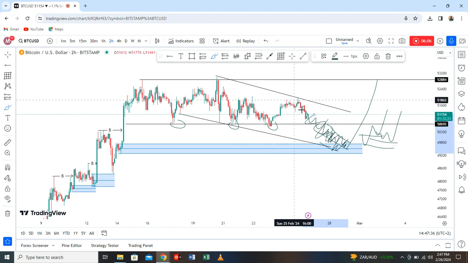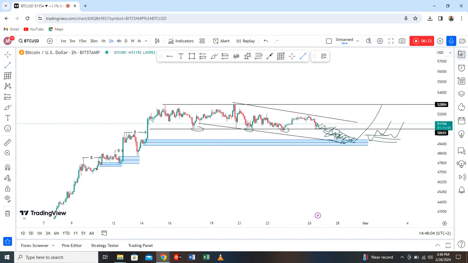But if it comes in a correctional manner, or gives us correctional or reverse patterns around here, guys, we would know that the price is weakening around our order block. So it's an indication that the price is weakening. The sellers are losing power. It's now time for the buyers to step in. So this is how I trade